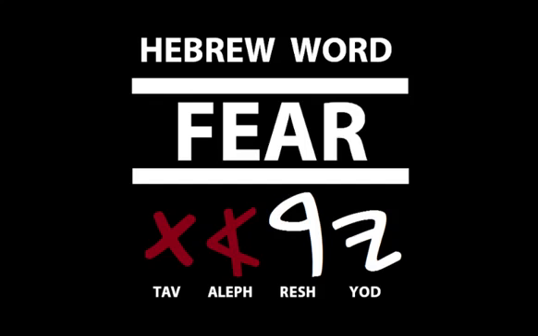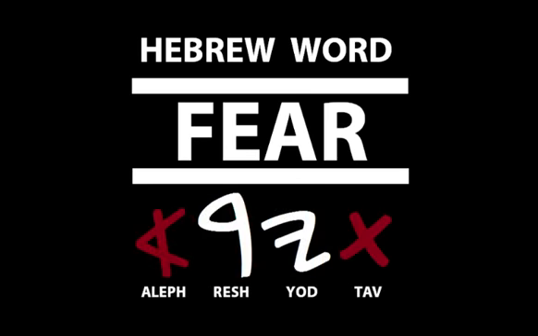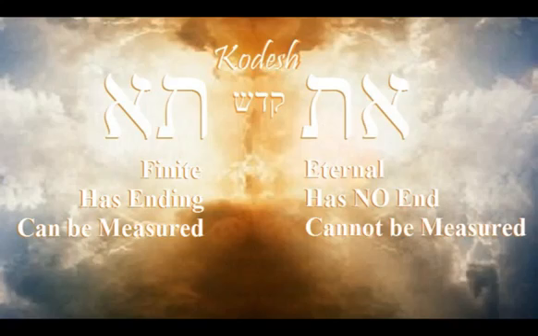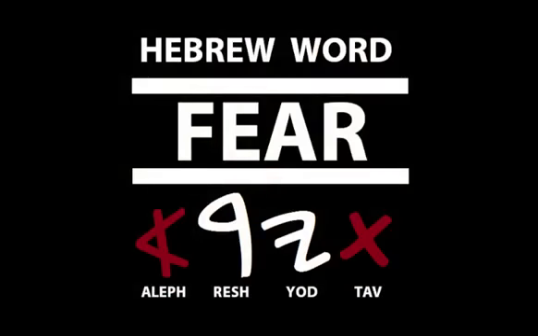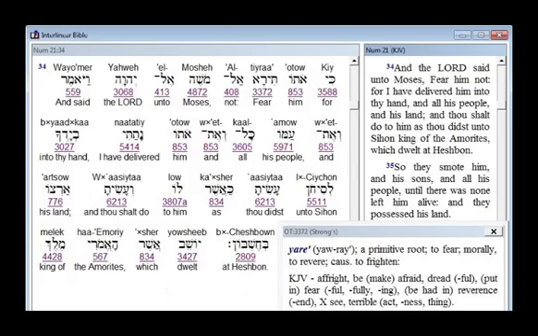covenant. In fact, there is a Hebrew word picture for the word fear that uses the same two letters, Resh and Yod, but places them between a reverse Aleph Tav, which from studying this seems to symbolize and point to something that is finite and can be measured, such as a man in this case. And subsequently, this word is always used to describe the fear we should not have, the fear of man. Hebrew is so amazing, and these patterns cannot be ignored if you want to gain a proper understanding of Biblical